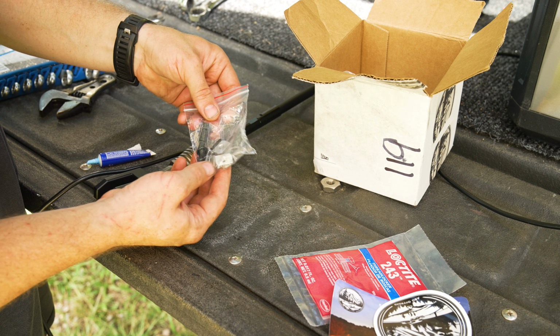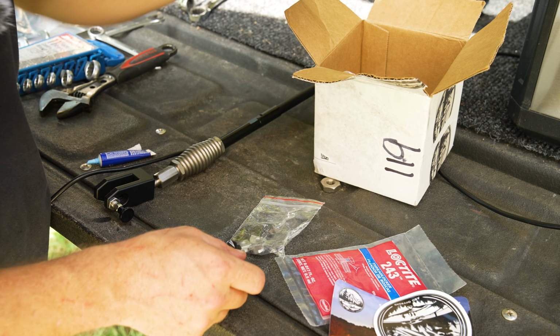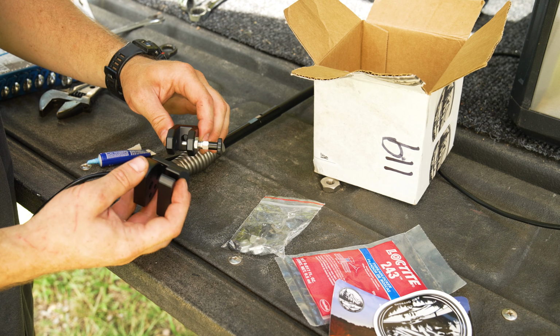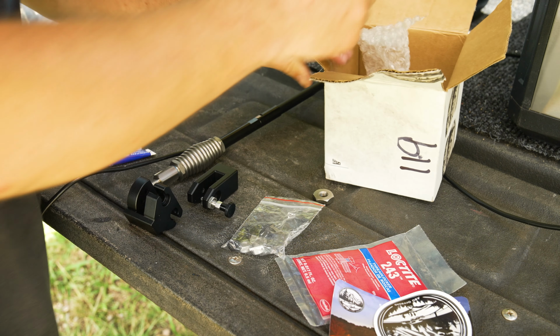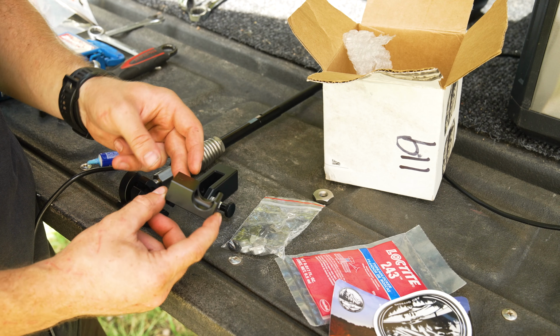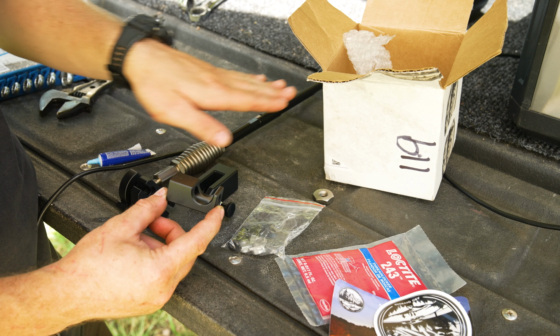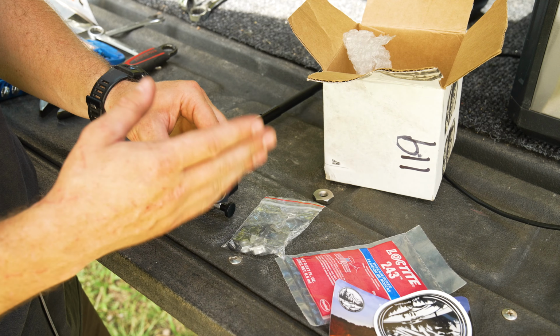And he provides the GFC specific T-nuts, which is really nice. So all of our hardware is there. This is the lower portion, which is going to, in some fashion, fit into here. And then he also provides this piece, which will make more sense when you flop the antenna down